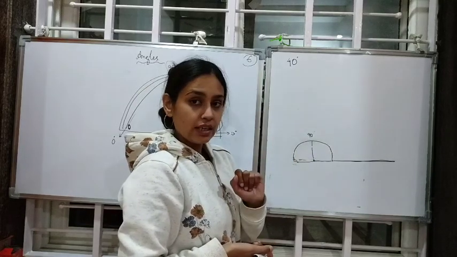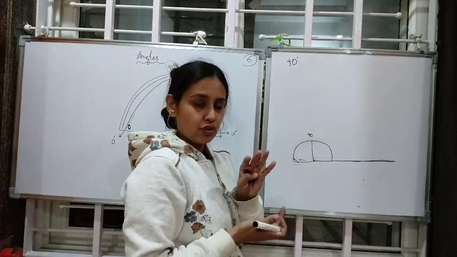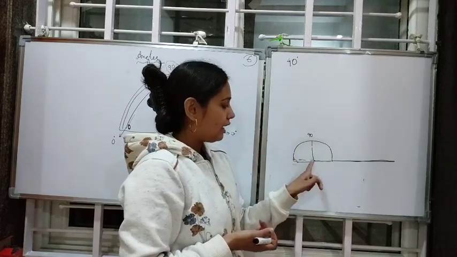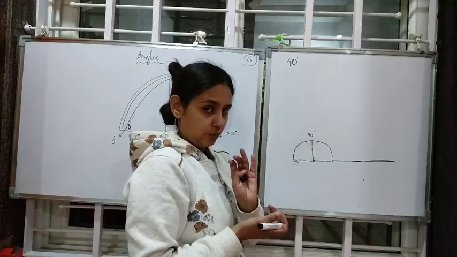So what is the correct order? Two things we have to remember. The points should be one on top of the other, and the lines should be one on top of the other.